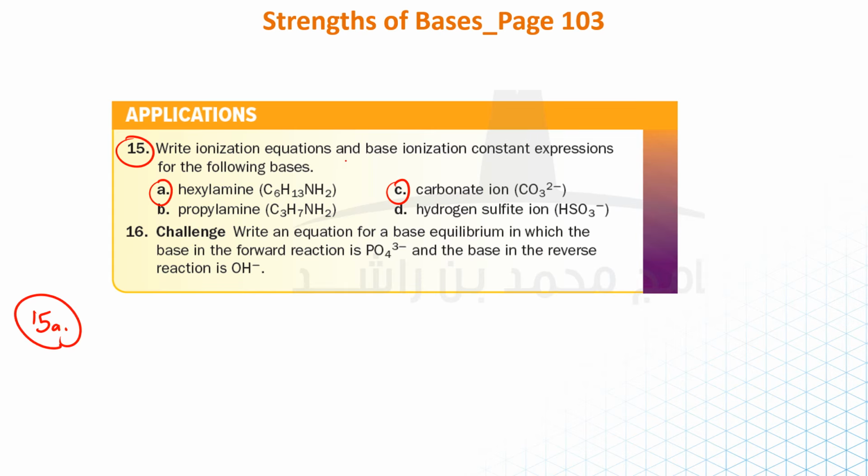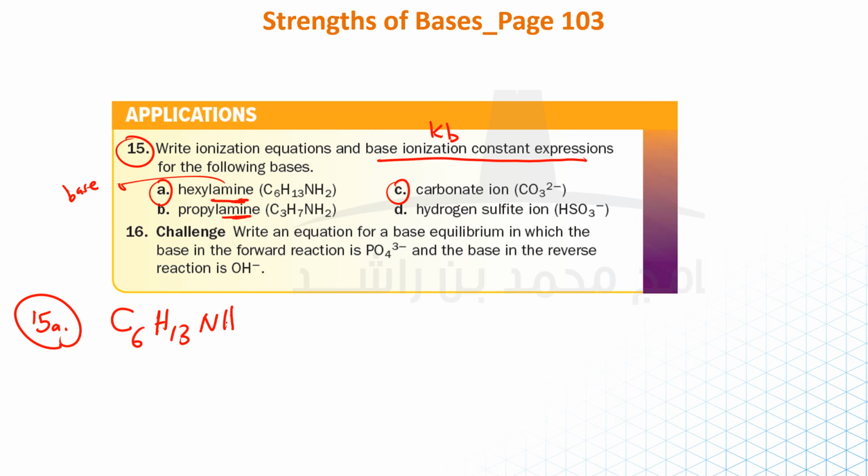Write ionization equations and base ionization constant expressions, so Kb, for the following bases. Now, in the exam, they might not tell you whether this is a base or not. So if you see an amine, you should know it's a base. So you can do it like this: